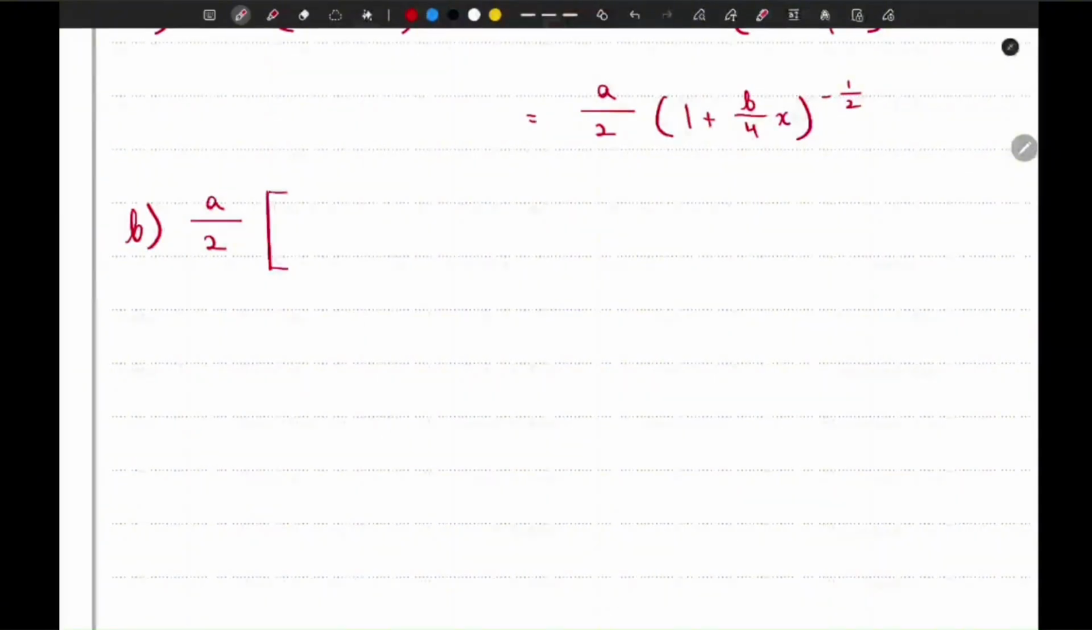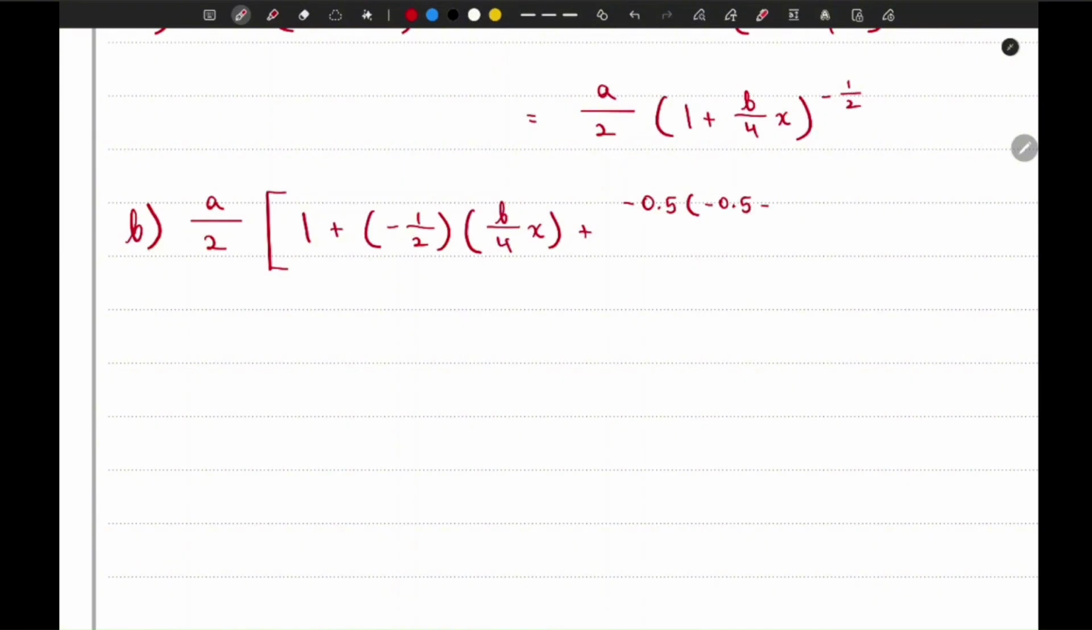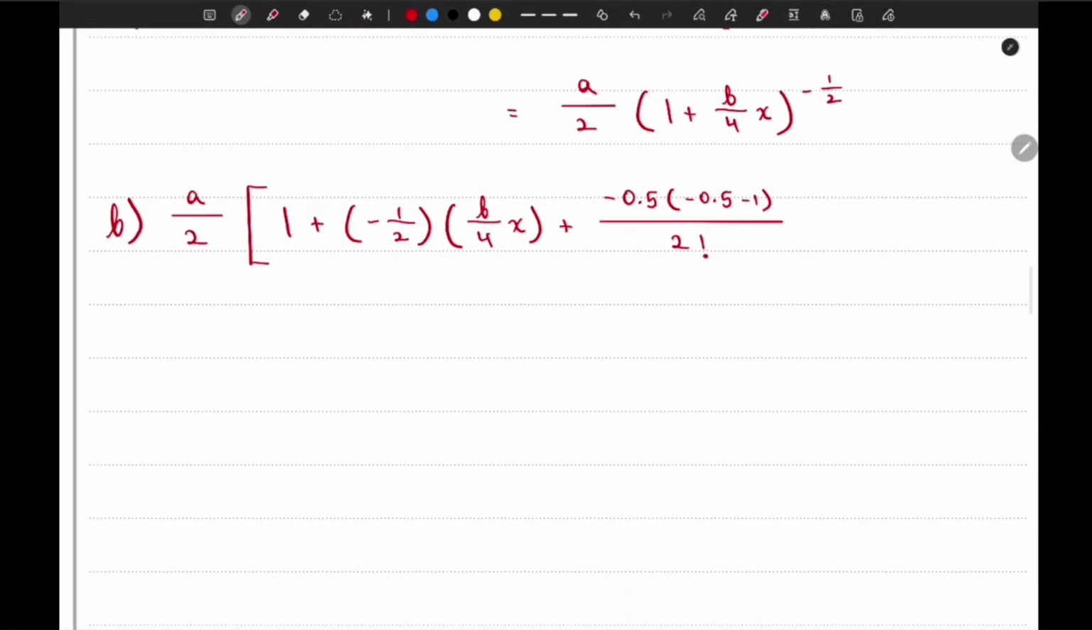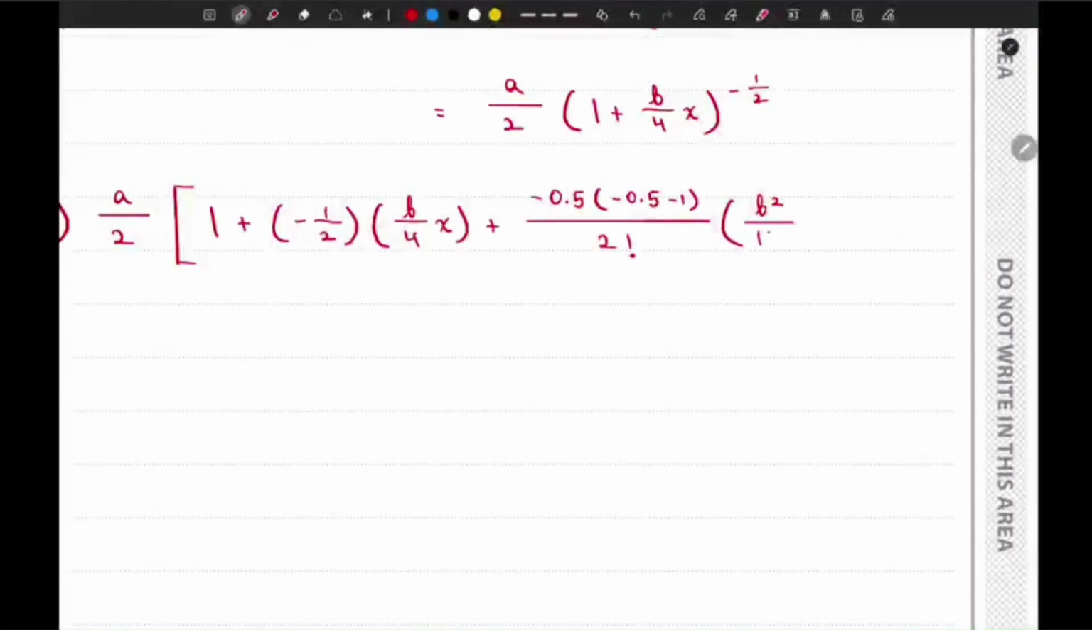So we need to apply the formula 1 plus nx plus n times (n minus 1) divided by 2 factorial times x squared. So 1 plus nx, the value of x is b divided by 4x, plus n, the value of n is negative 0.5 times negative 0.5 minus 1 divided by 2 factorial times x squared. That is b squared divided by 16 x squared,